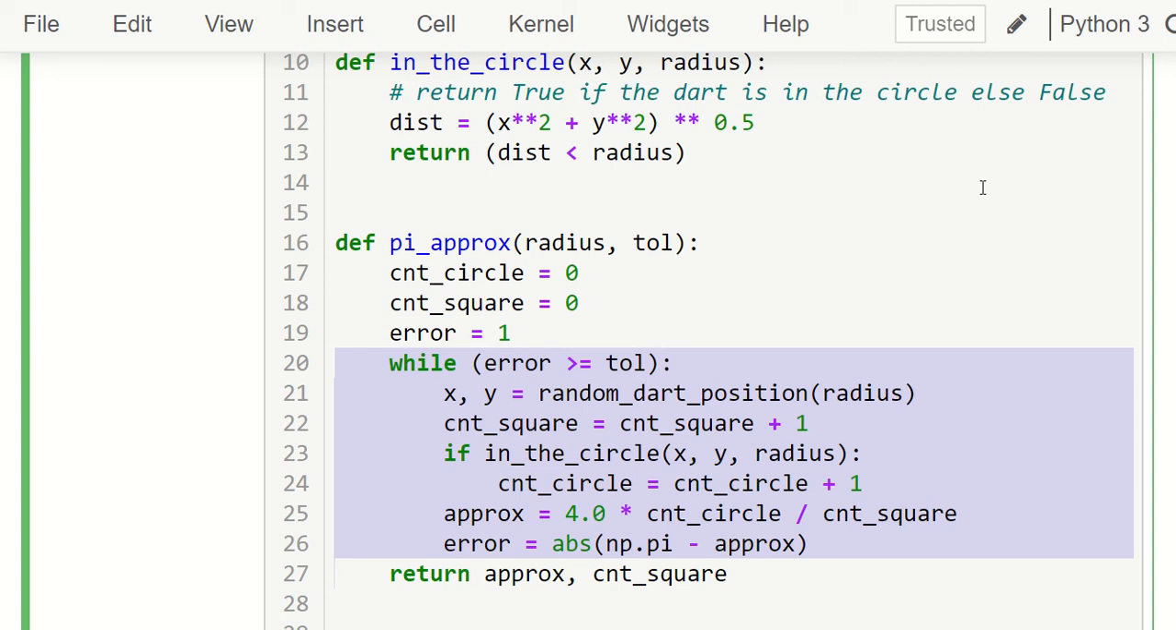Let me just check the time here. We have a little 9 minutes left. Okay, so